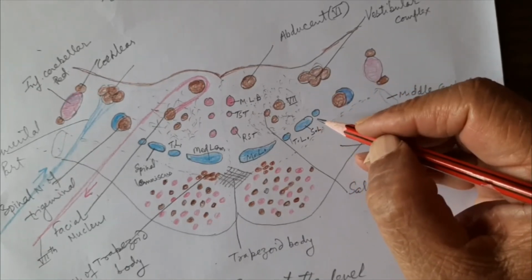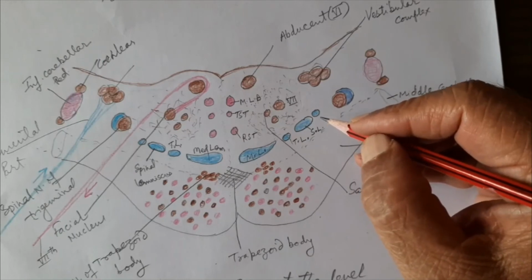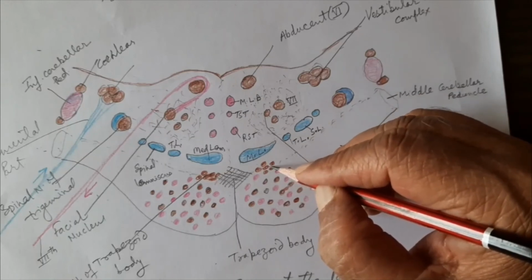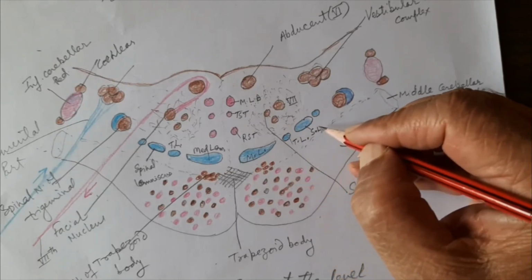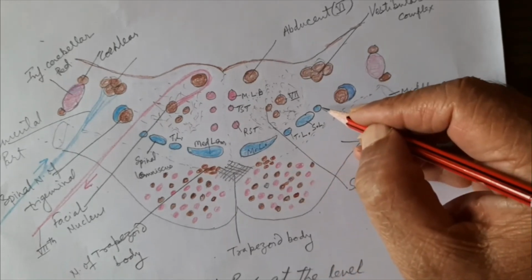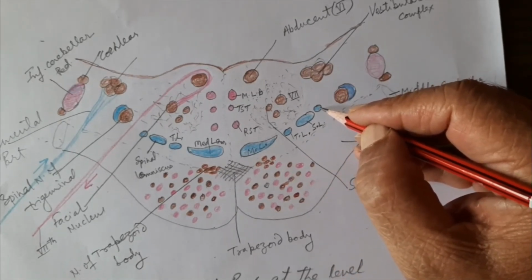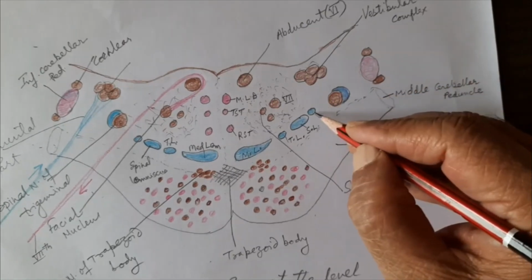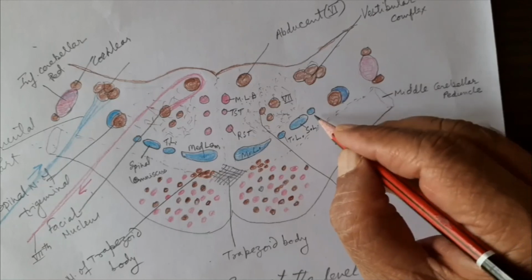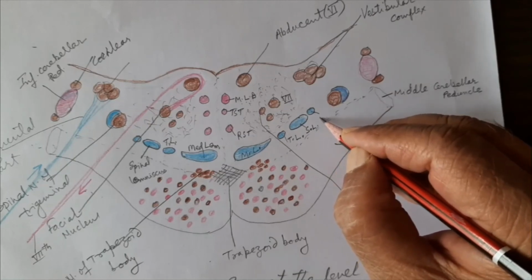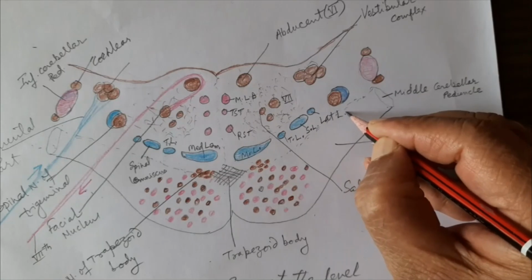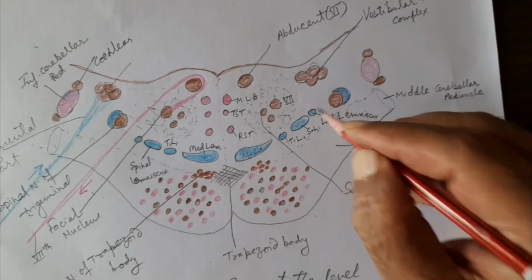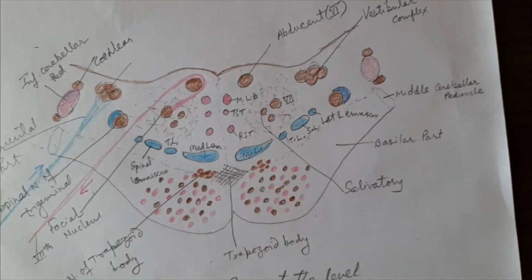And still lateral to this is the lateral lemniscus, and we have just read that the lateral lemniscus is formed from the nucleus of the trapezoid body in the auditory pathway. This is going towards the inferior colliculus of the midbrain. It is in the auditory pathway, so it is called the lateral lemniscus. Why is it called the lateral lemniscus? This is because it is most laterally placed.